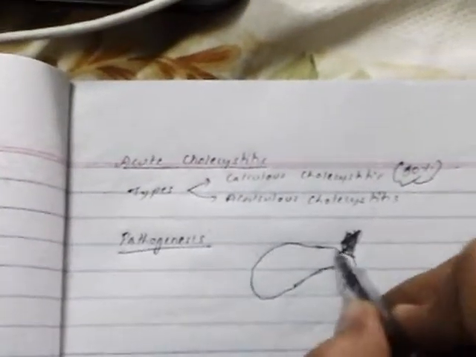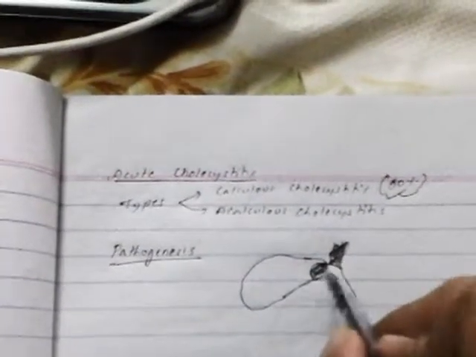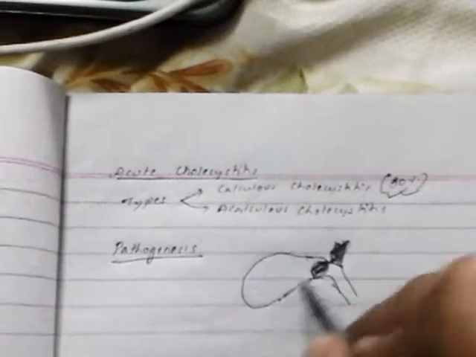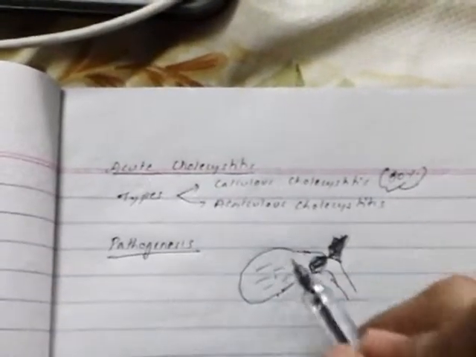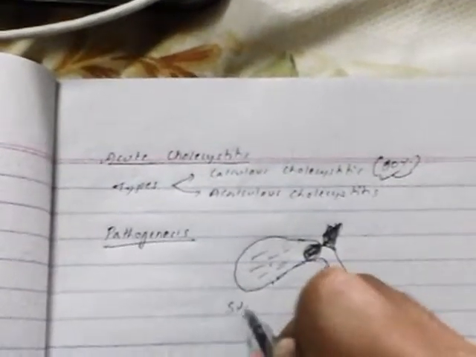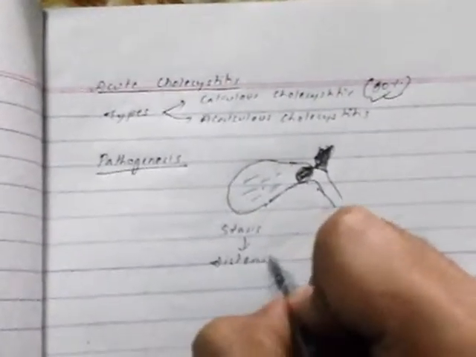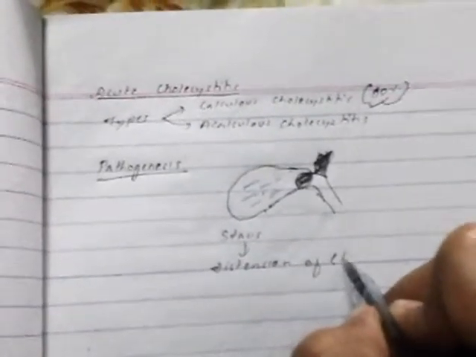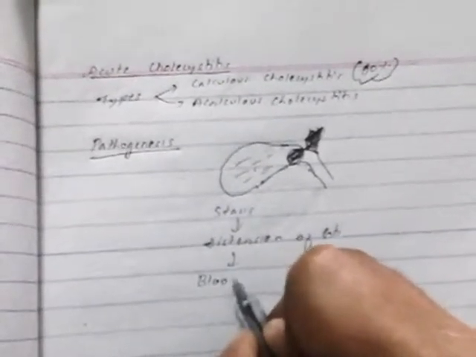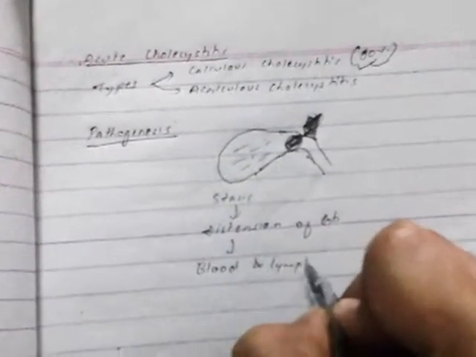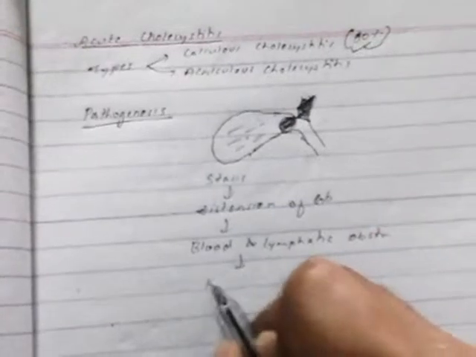When the stones obstruct the drainage of the gallbladder, there is stasis of the bile in the gallbladder, and due to stasis there will be distension of the gallbladder, due to which the blood and lymphatic drainage is obstructed, which causes mucosal edema